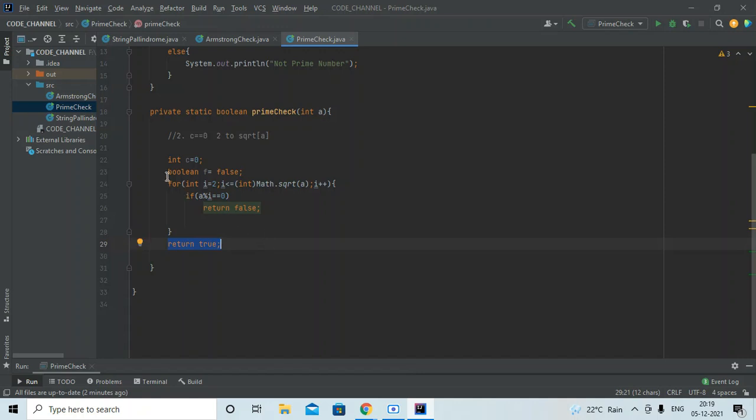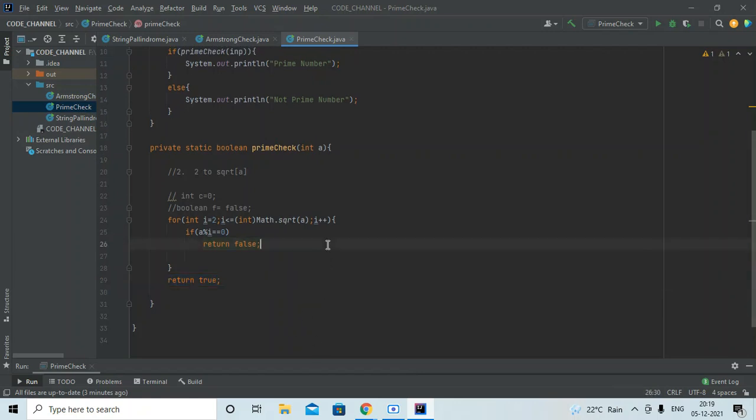So for prime numbers only, this line is also not needed, and this count is also not needed. So we are writing code in this second approach where we don't need any counter. I was also thinking that I would count and give it 0, but that's not required, because we know that for a prime number, if it divides at least once, then it should not be a prime number. Otherwise it should be a prime number.